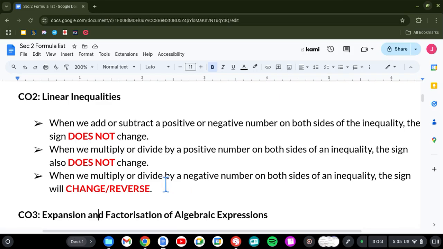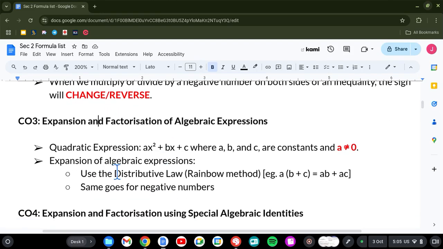The next one is chapter 3, expression and factorization of algebraic expression. So I think everything seems okay except for this one. There are people who still ask me what is distributive law. Distributive law, which is this one. Can you see? Distributive law, rainbow method. What does this mean? This means when I have something like this,